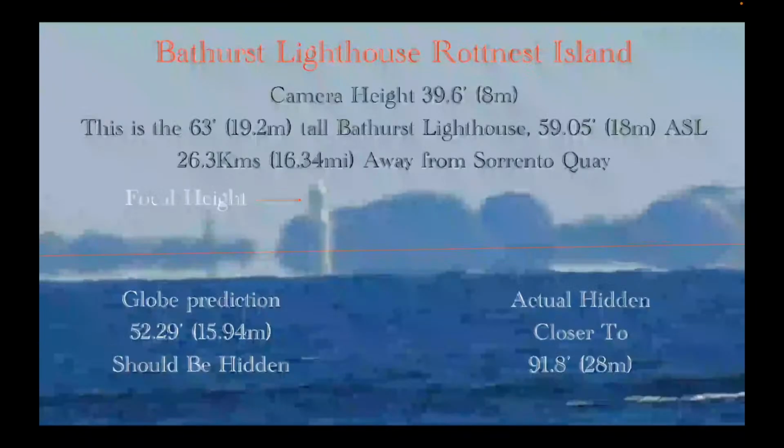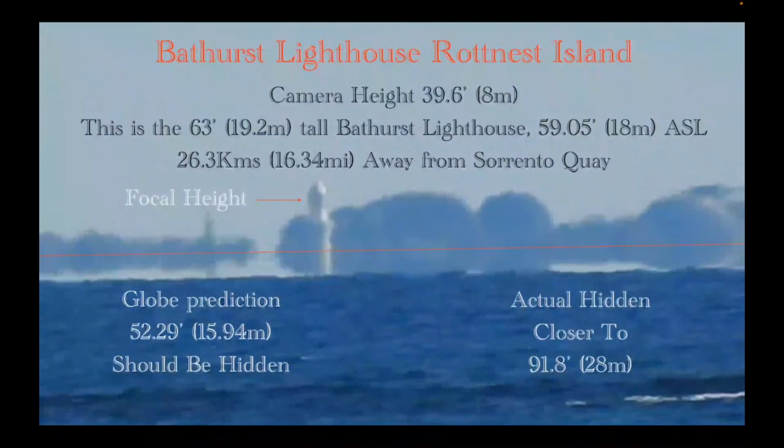Now, oh, here we go. Here's another one. Sorry, I forgot to put this one in here. The Earth curve is just going to move out of the way for you. The Earth curve is just going to decide to fade away and become non-existent. So here's another one, and this one's much clearer, so you can see the inferior mirage a lot better. And once again, he claims that this is all Earth curve. He claims that it perfectly shows Earth curve. He doesn't mention the inferior mirage at all.